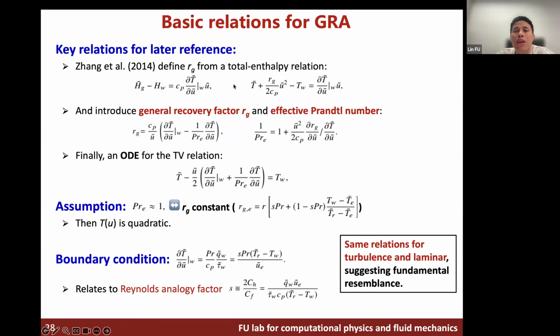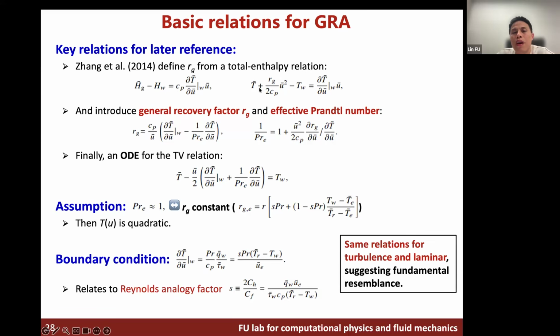However, typically because the Prandtl number is not 1, they introduce the recovery factor Rg to define the new total enthalpy. They call it Hg. Hg is not the classical one; in the kinetic energy term there is an Rg prefactor. It's different from the classical total enthalpy definition. So this relationship has an unknown parameter Rg. Okay, if you expand this